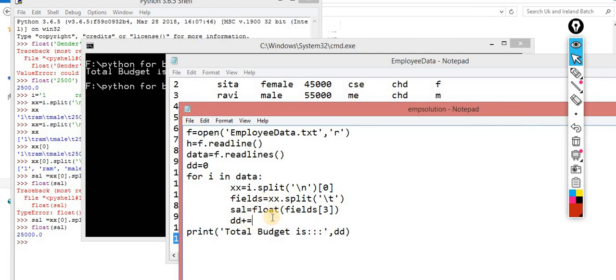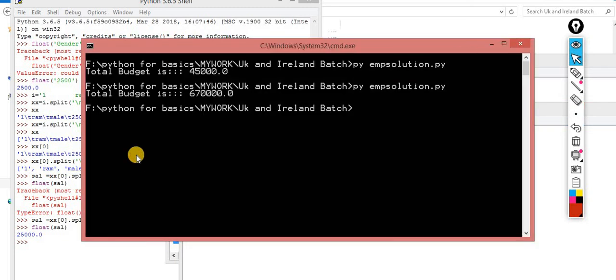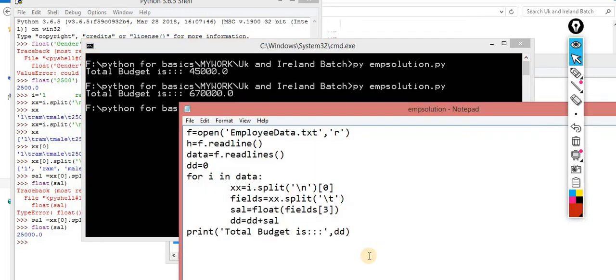Now you will get the final output. This is the final total budget that I am giving to my employees: 6,70,000 rupees is the salary budget for my firm per month. So this is one case. Now I think it's very simple.